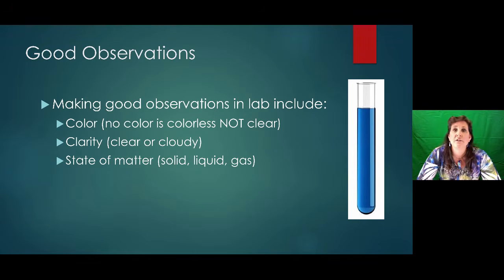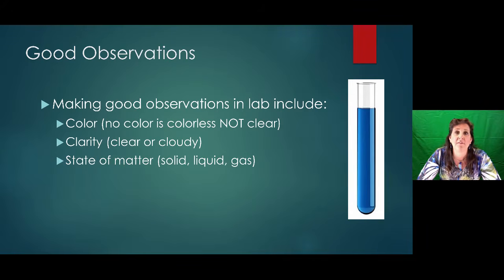Like an orange crush is orange and clear, whereas orange juice is orange and cloudy. And then think about beer. American beer is usually yellow and clear because you can see your fingers through your glass of beer. And then like a German dark beer, maybe that's dark brown and cloudy. You can't see through it.